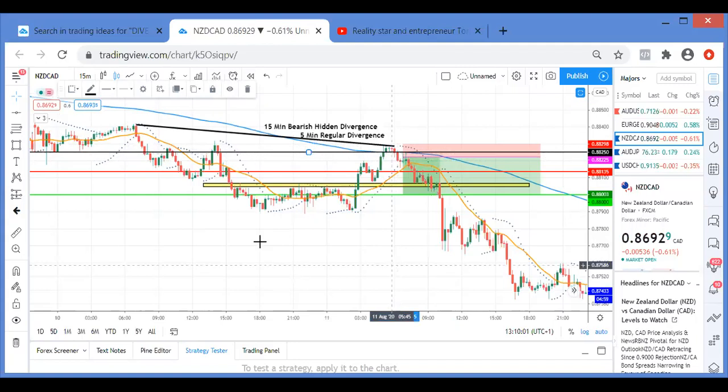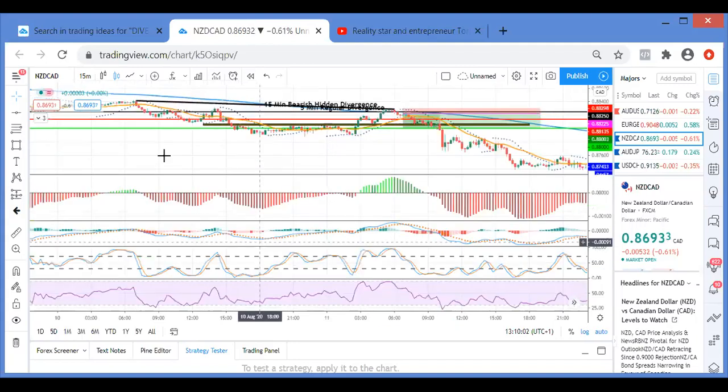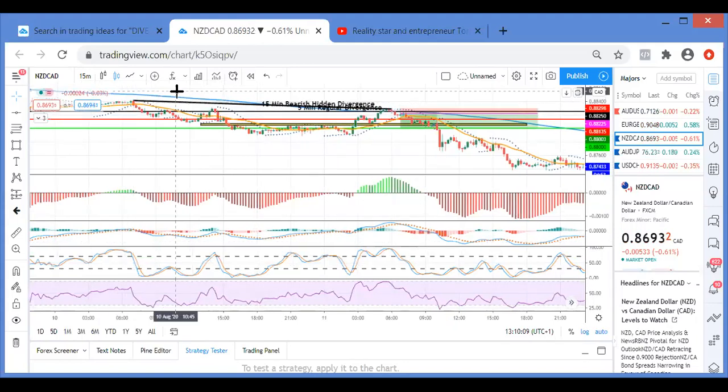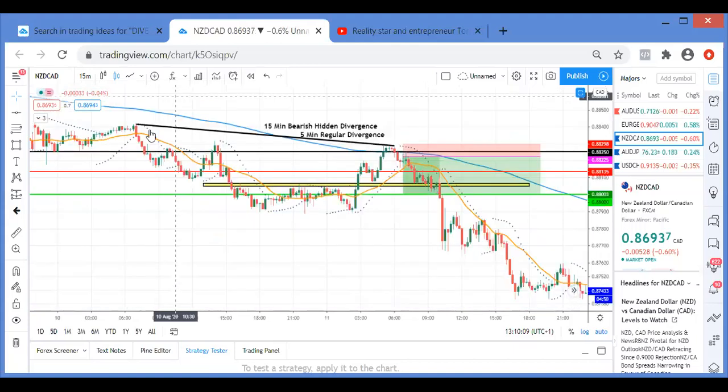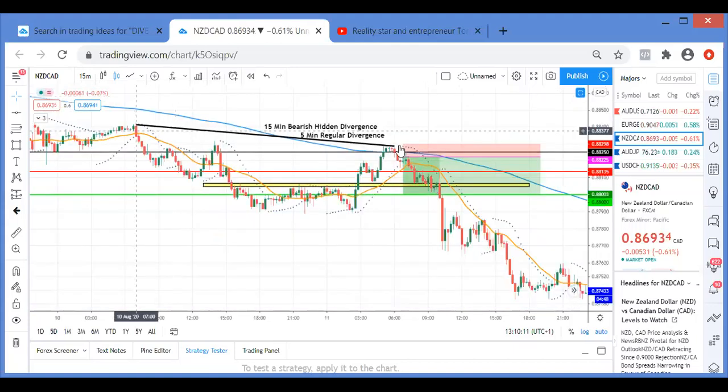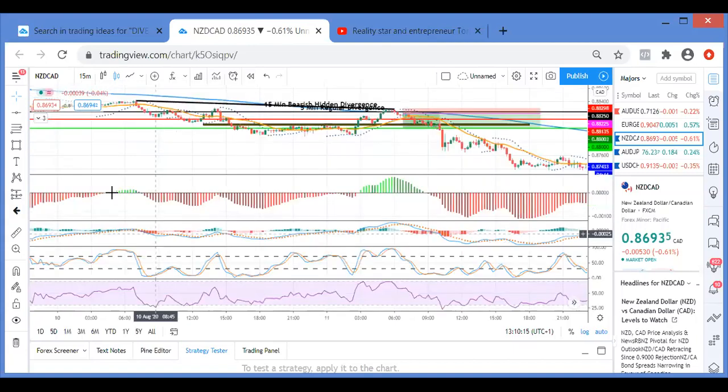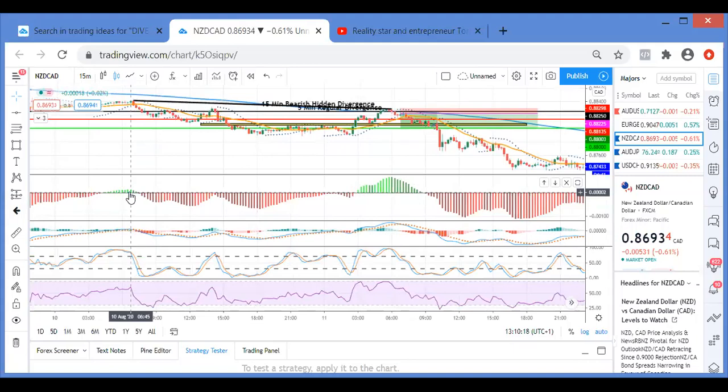Now look, same thing, MACD. So look, this is the high. Let me show you again. This is the higher high, and this is the lower high. How do I know? Because look, on my MACD, this green area signifies a high. This green area also signifies a high. But can you see how on the market, this high is higher than this high, but on my MACD, this high is lower than this high.